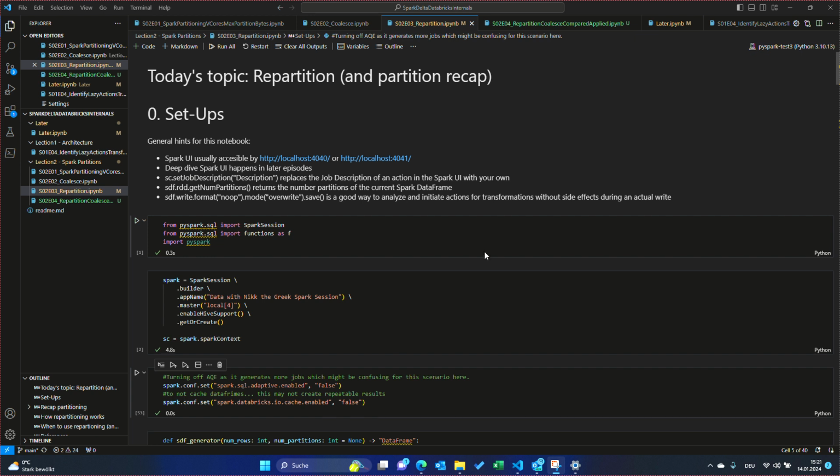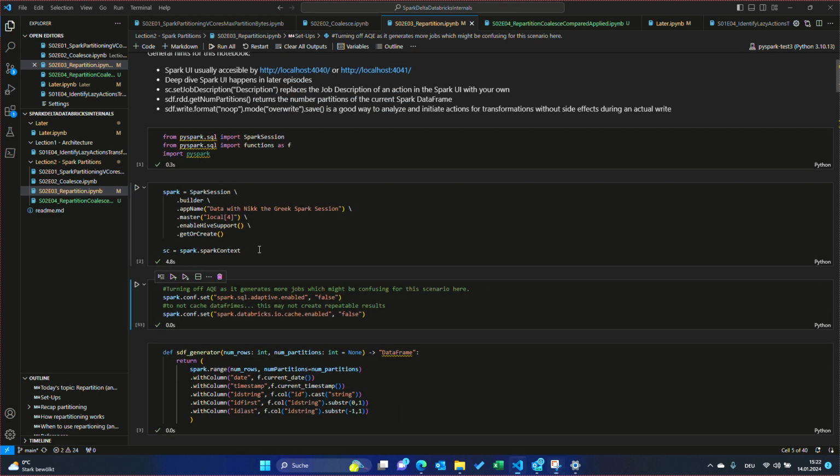Then we're going to deep dive a little bit today into how repartitioning works. And as a follow-up in the next session, we're going to use repartitioning and coalescing more deeply to show some scenarios where it really helps to improve performance, similar to what we already started with coalescing in the previous episode. So with that said, we're going to start our Spark session,